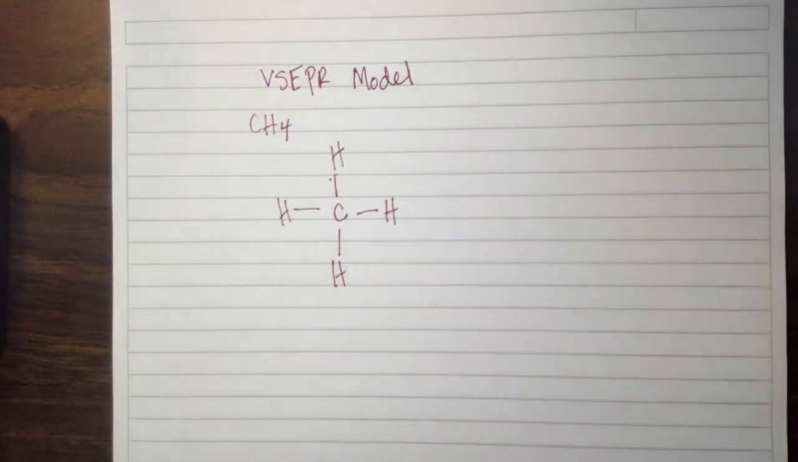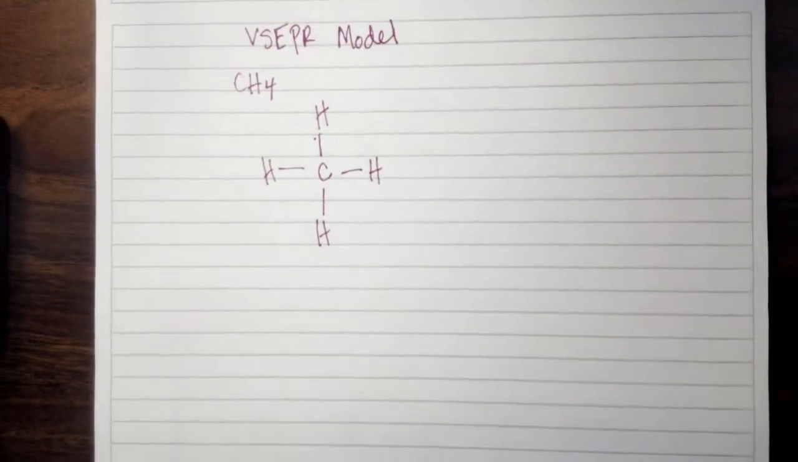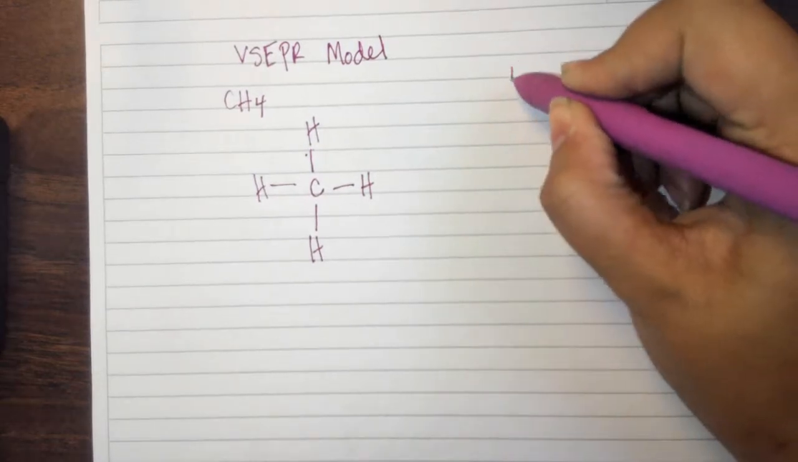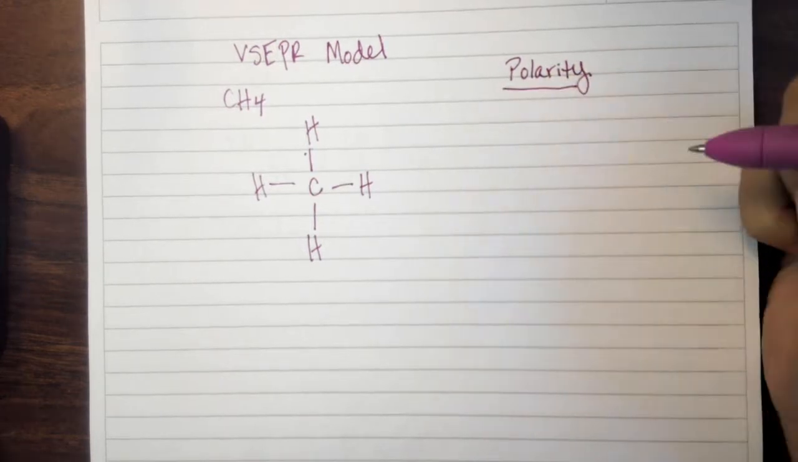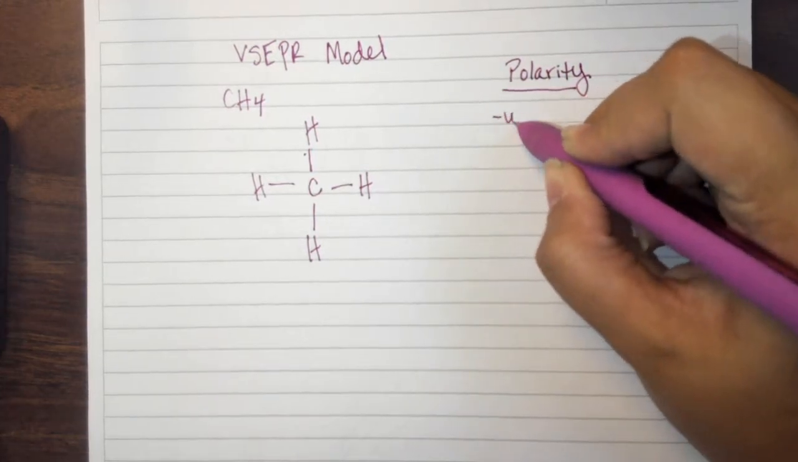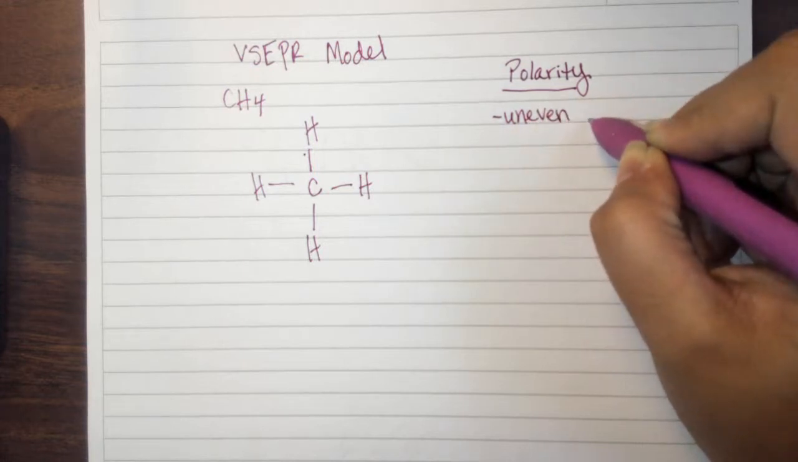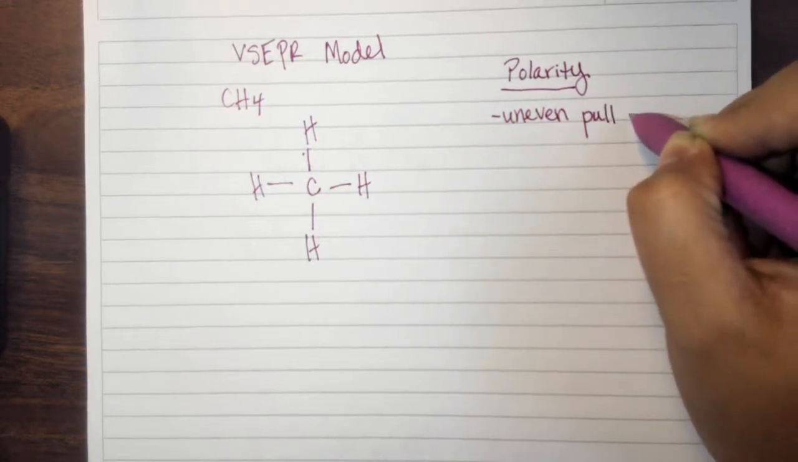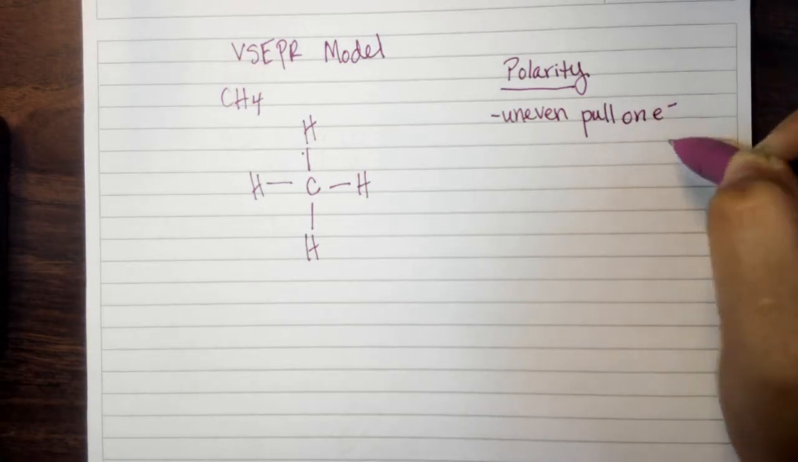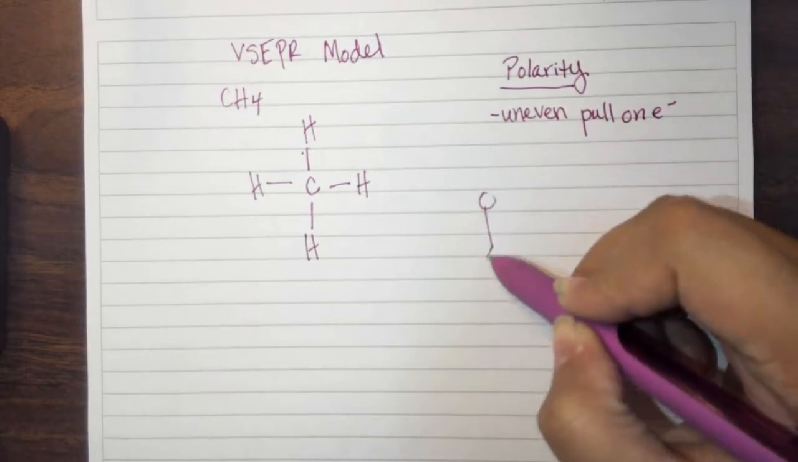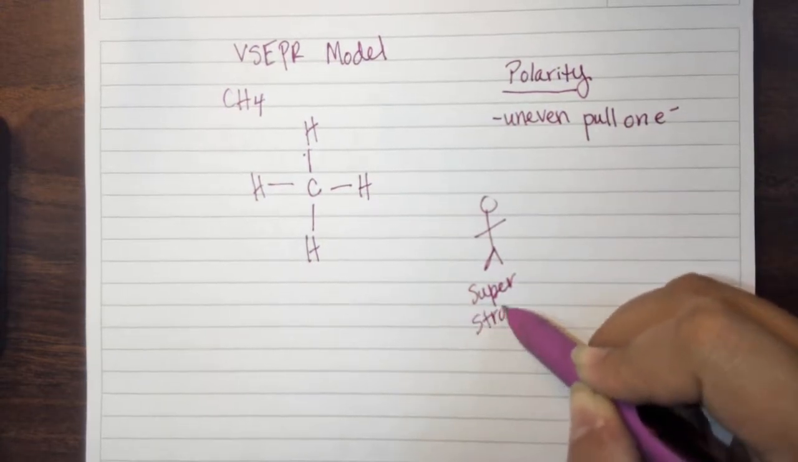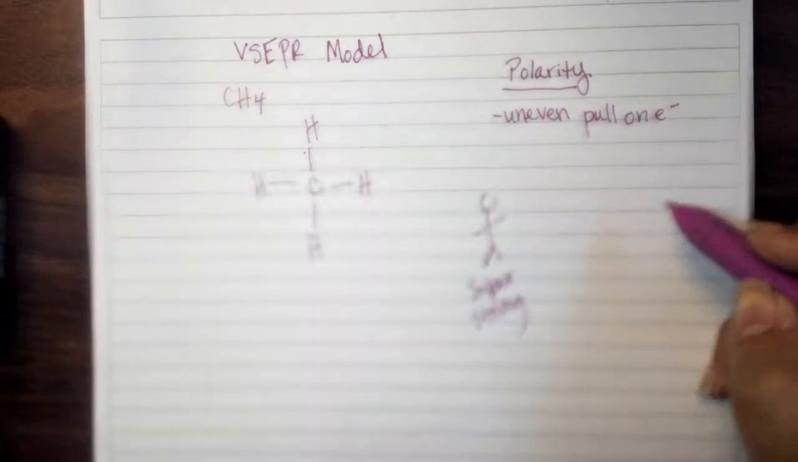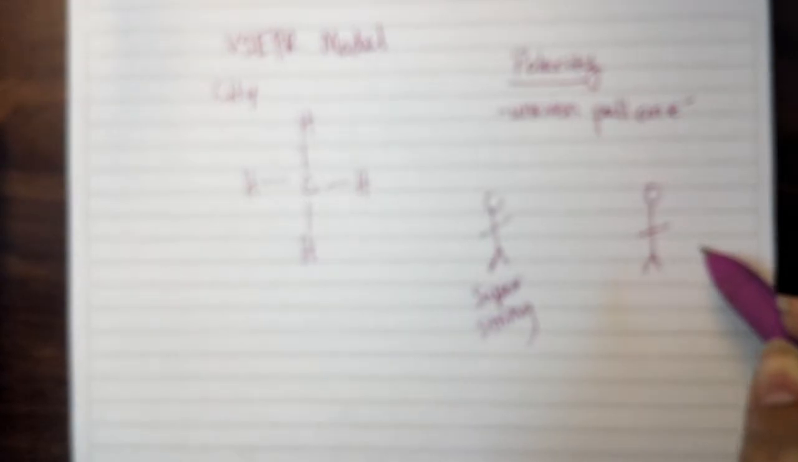and repelling each other. That in mind, when we talk about polarity, we are considering what happens when there is an uneven pull on electrons. Okay, and so when we're looking at an uneven pull on electrons, we kind of think tug of war. Okay, so if I have one person right here who's super strong, and I have one person over here who's only slightly strong,